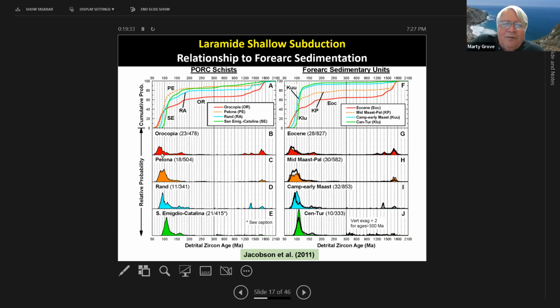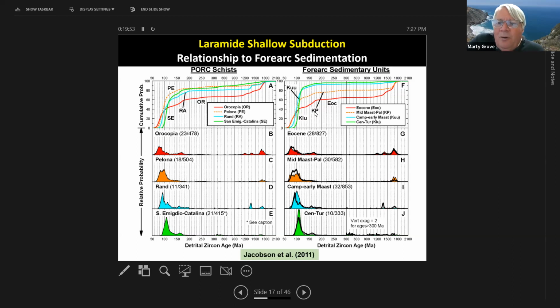So, for instance, there's a lot of Jurassic, some Permo-Triassic, and a lot of mid-Proterozoic cratonal-derived material. So on the right, what I've done is I've taken these distributions right in here, and I've superposed them